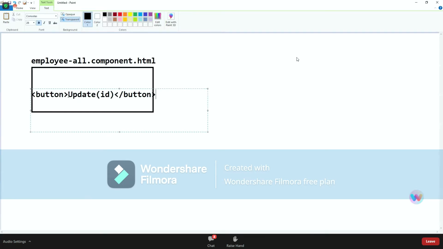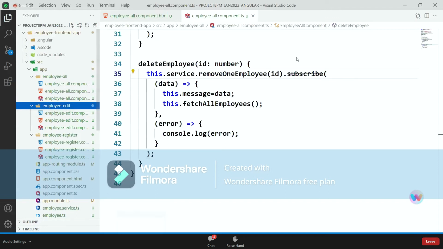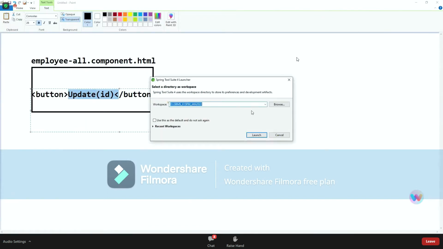So actually, for update, we have something like the employee edit component. We have to switch to another component from this component.